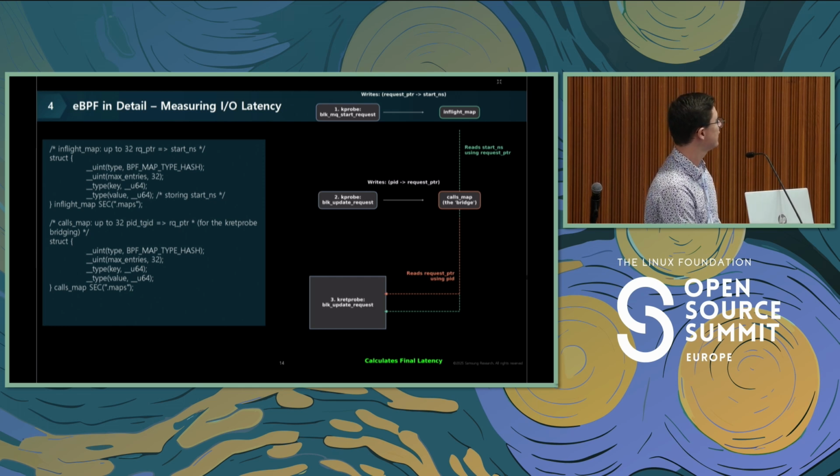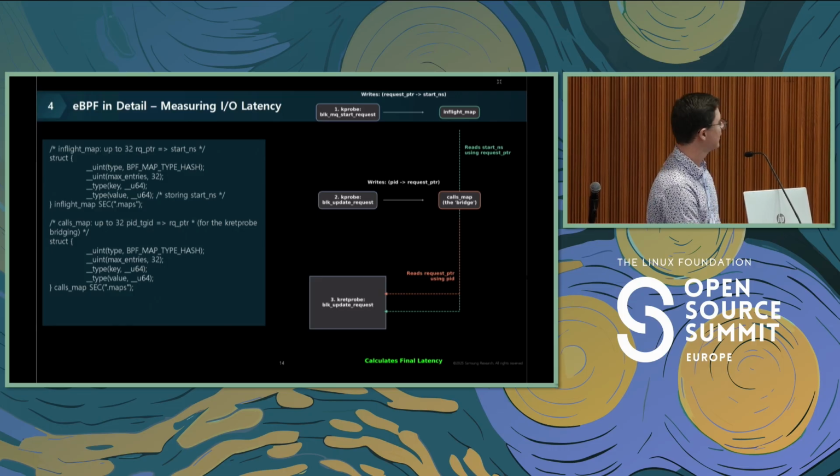In the first one, we store the request pointer and the timestamp. In the second one, we store the process ID and the request mapping. And in the kretprobe, where we can actually access the return value and we know whether this was a final request, we can decide whether